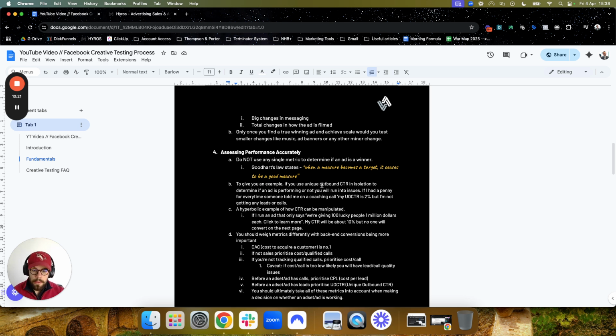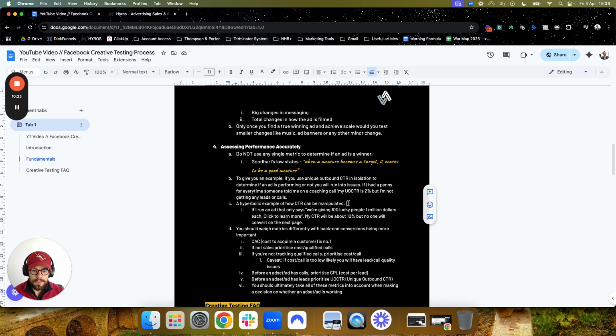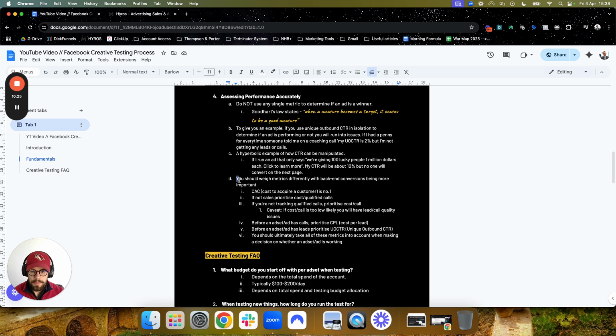So, I've already given you the example of how CTR can be manipulated. Basically, you should weigh metrics differently. Something I'm still coming to terms with exactly how to describe, but ultimately you want to give more weight to back-end metrics. So CAC is number one. It doesn't matter what the cost per call is. Let's say the cost per call is $500 for